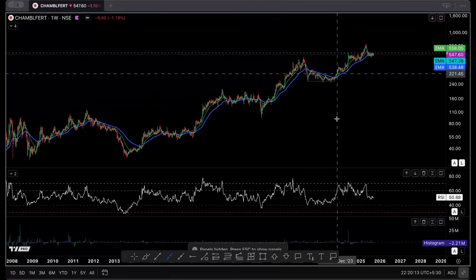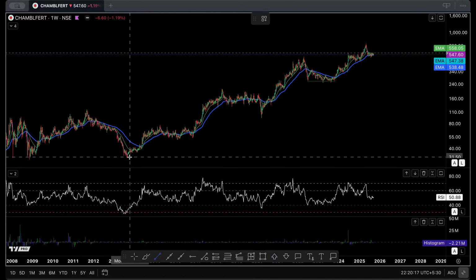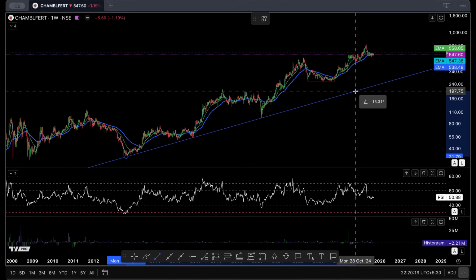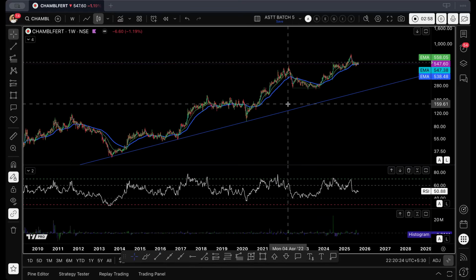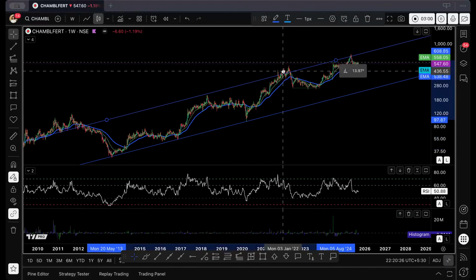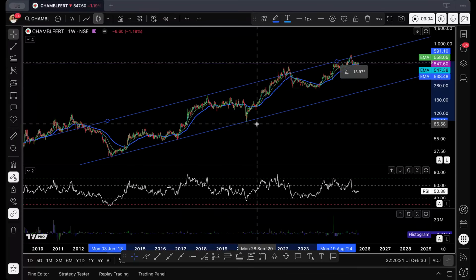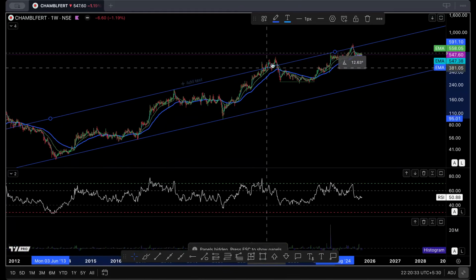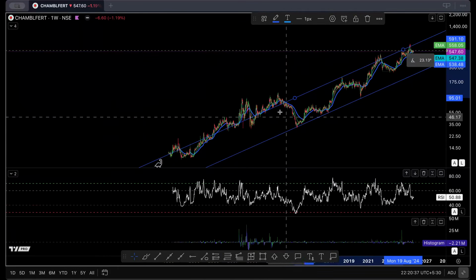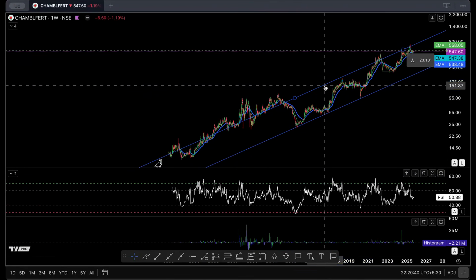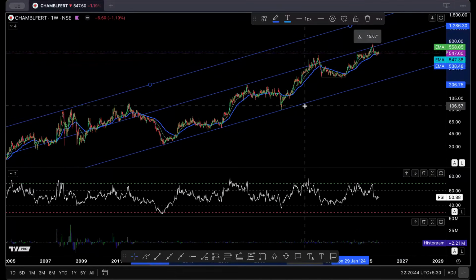So, for determining the target, I want to use the trend line. So I am going to project a trend line and capture this entire trend. I've created the maiden trend line using these lows on the weekly time frame. And now I have projected this trend line further up. If I go back into history, I can see I'm getting some new range as well higher up. So what I think is that